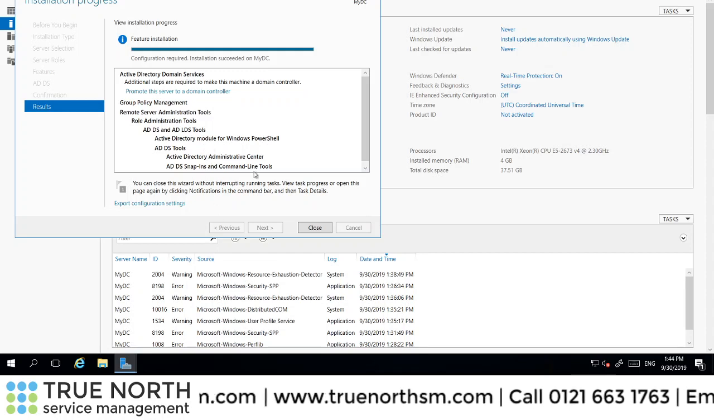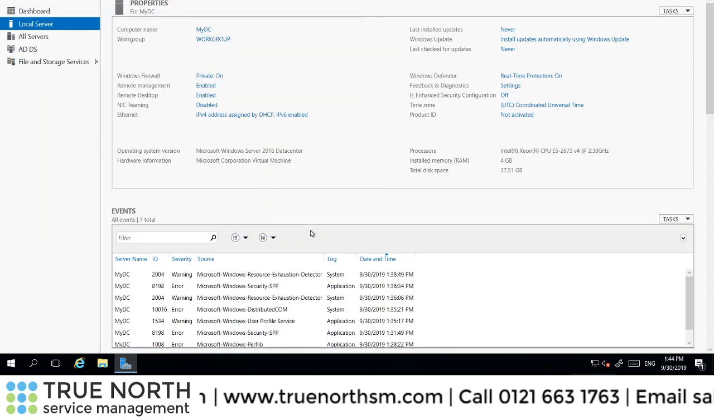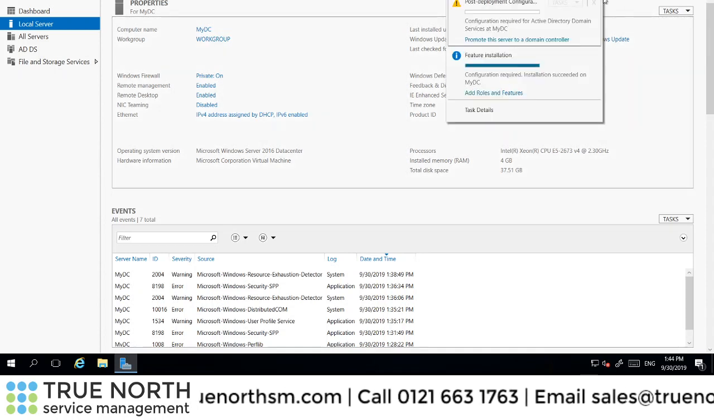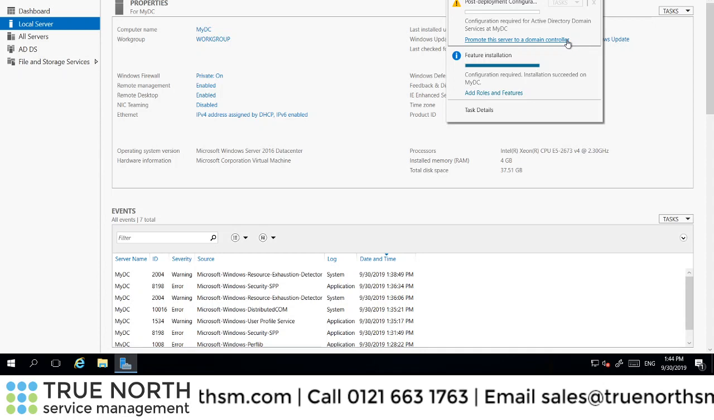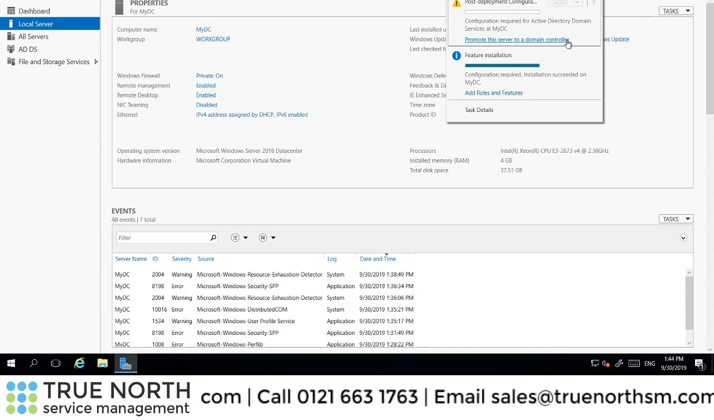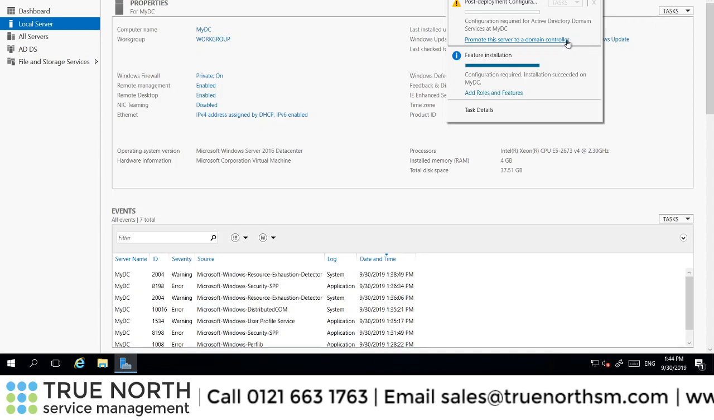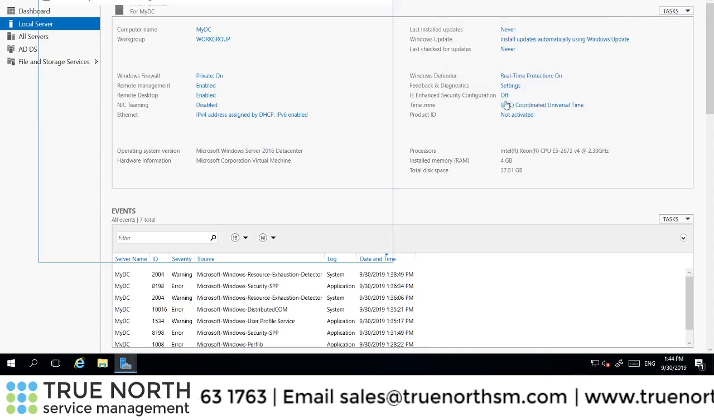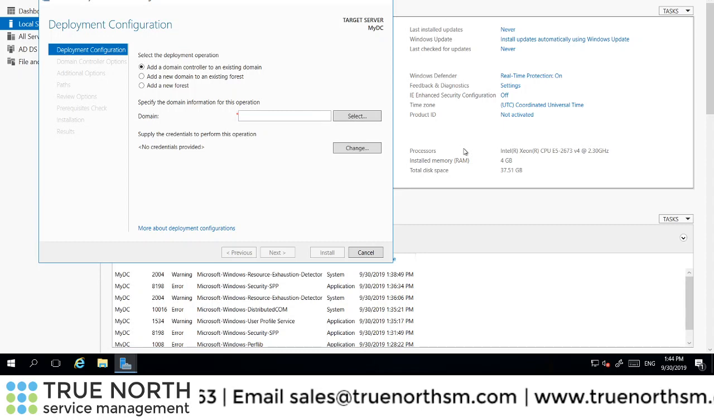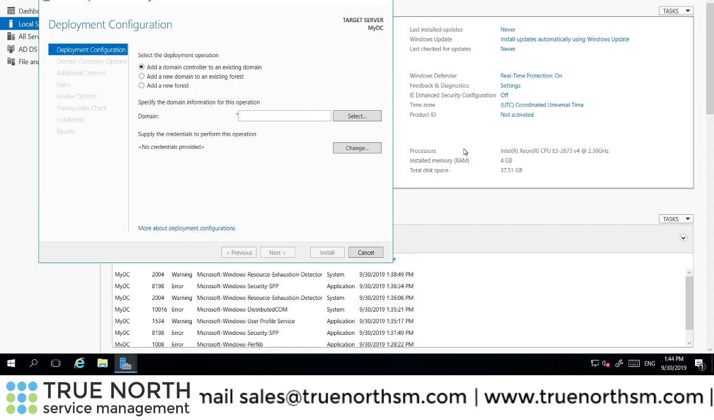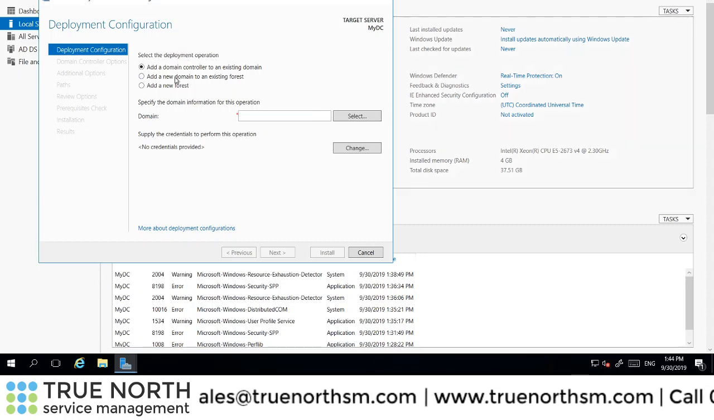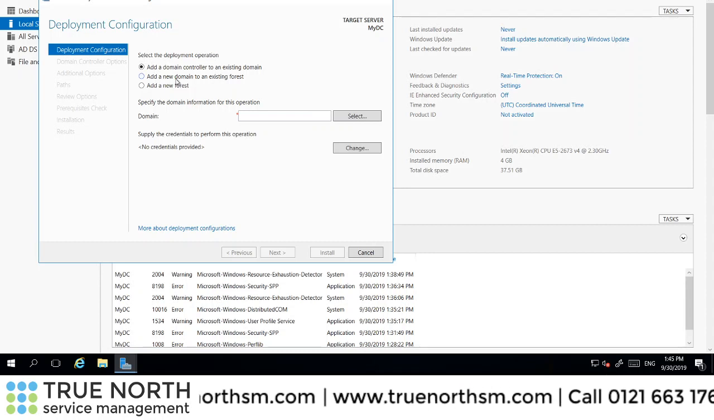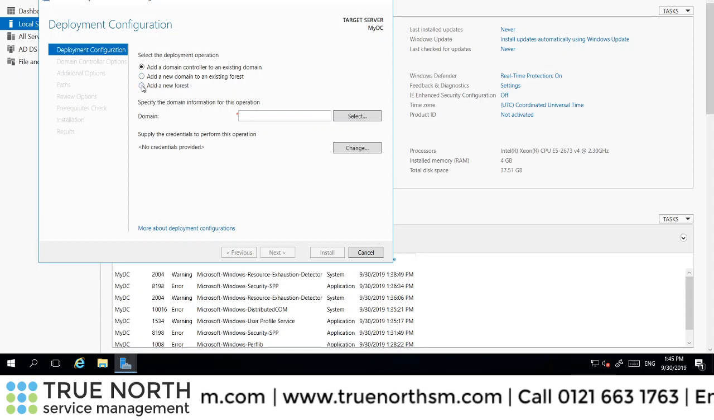Okay, once that's completed, I can just close out that window, and now I have the exclamation mark pop up for a notification for post deployment configuration. Now this is the part where we promote this server to a domain controller, and we just simply click on this link, and again we're going to get another wizard in order to set this up. So first thing you do is you get 3 options about the deployment operation. Now as this is a new domain, I'm just going to click on add a new forest,